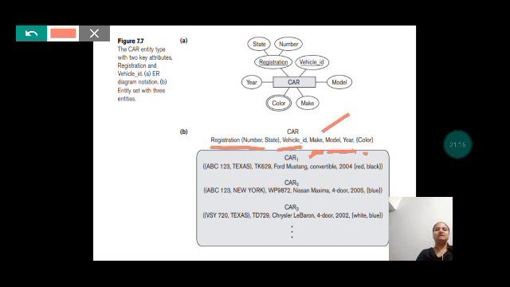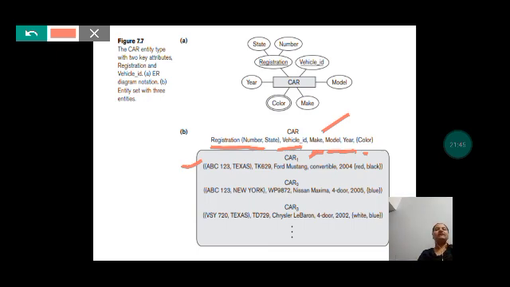You can see this entry here. So registration has a number and the state is Texas.